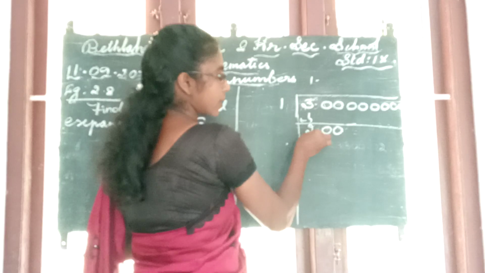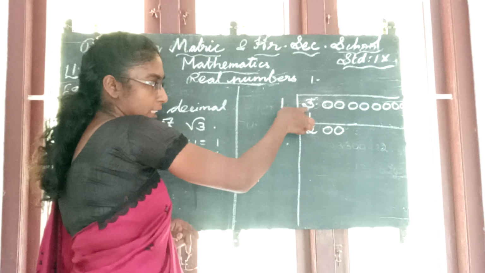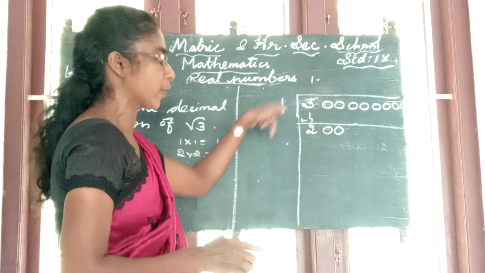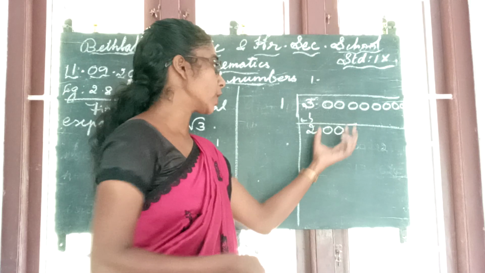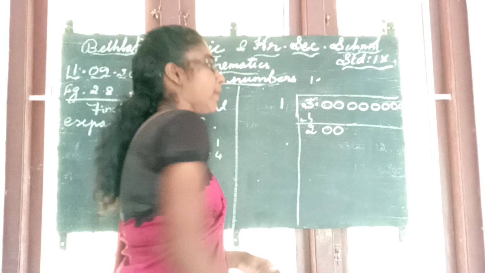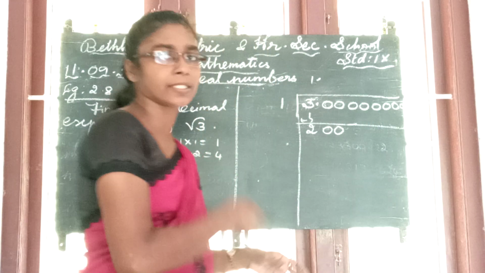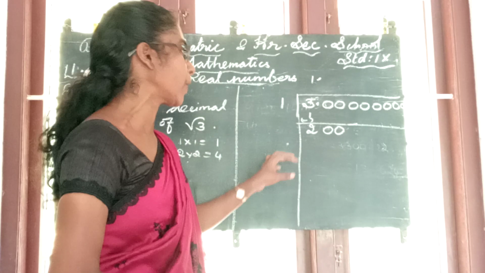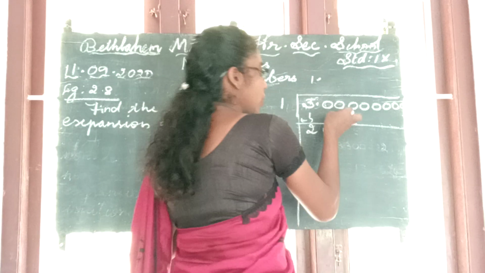Have you understood this? First 1 is 1. 2 2 4 is greater than 3. So 1 is 1, you have to take it here. Remaining 2. Next 2 digits. Afterwards the decimal point is there, so you have to put the decimal point. Here 3 point, after that how many zeros can we write? Here so many zeros we can write. 3 means 3.0000 etc. So 2 0.